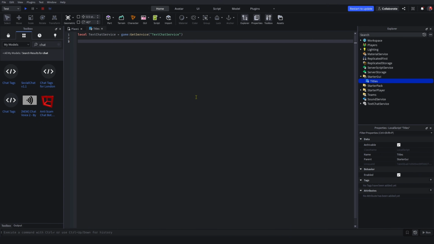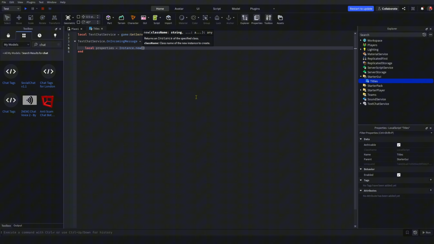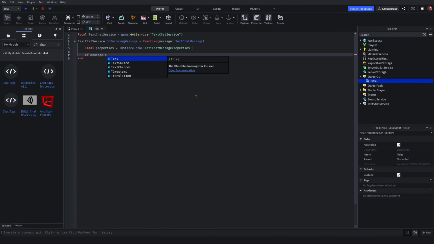Then we need to call the text chat service, and then on incoming message equals function message text chat message. Then we need to get the properties. Local properties equals instance dot new text chat message properties. Then if message dot text source,